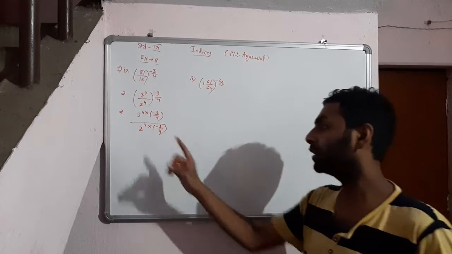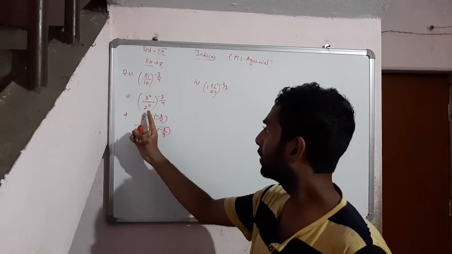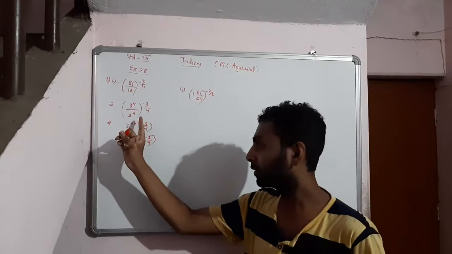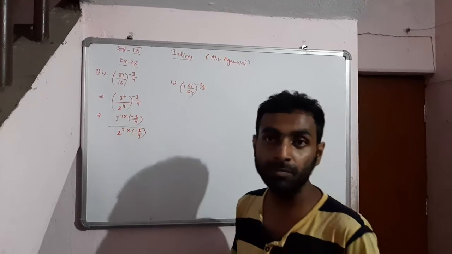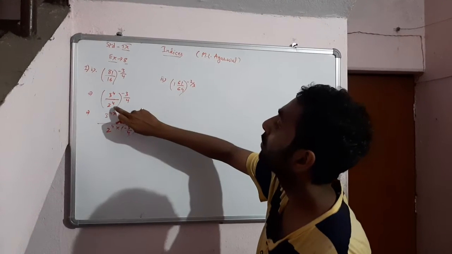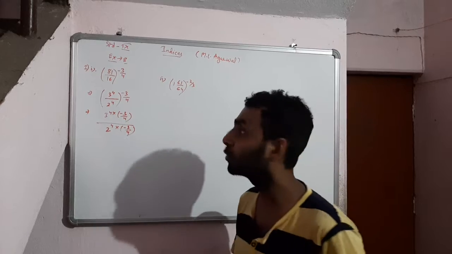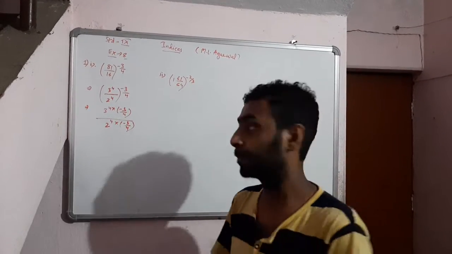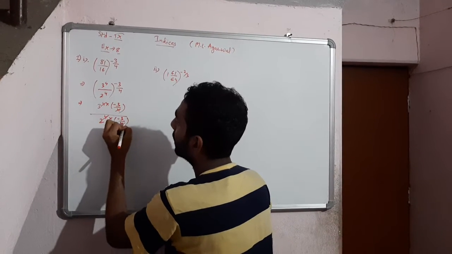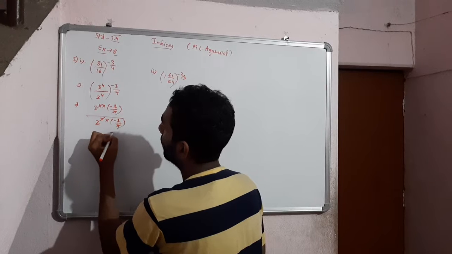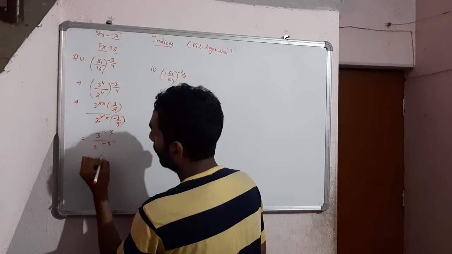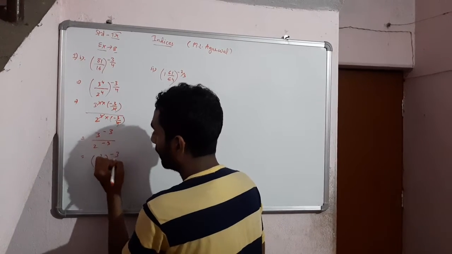So see here, in the denominator also, the power of the base 2, that is 4, is multiplied with the power minus 3/4, because minus 3/4 is the whole power. So let's see what is happening. 4 gets cancelled, 4 gets cancelled, so 3 to the power minus 3 by 2 to the power minus 3. That means it can be written as (3/2) to the power minus 3.